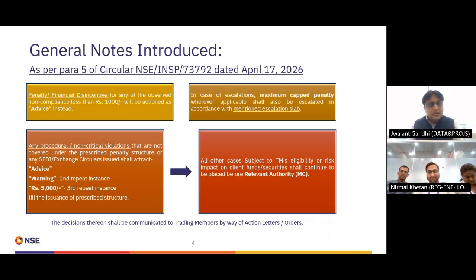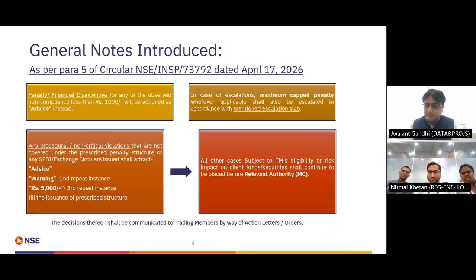Now, just a while ago, Nirmal, we spoke on new circular applicability. Can we show an illustration explaining the applicability nuances? Because we mentioned that for particular violations which were done before the applicability date, what will be the treatment from the effective date? Can we just show through an example?